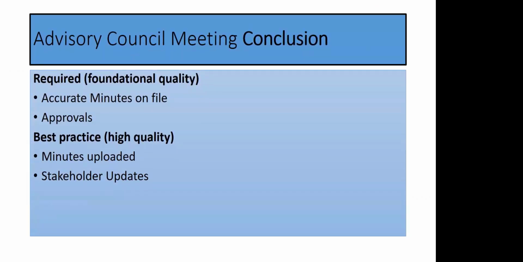All right. So once your meeting has concluded and minutes are completed, it's important to keep accurate minutes on file at the Center for Public Inspection. And then any approvals that you have should be forwarded to your district contact and RPM for further approval. Best practice here is when you complete those advisory council minutes, upload them to Frisk Counts. That way everybody can see when you had your meetings, what you're talking about, how that information is shared, the impact that you're making on that group, and how they're affecting your center in a positive way.